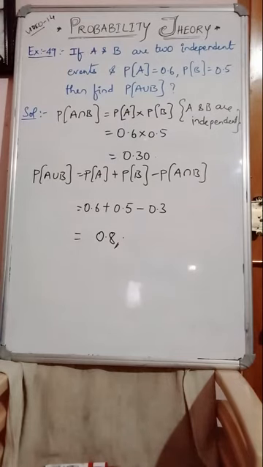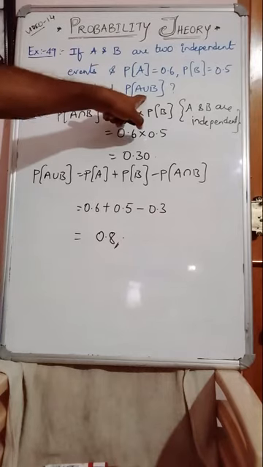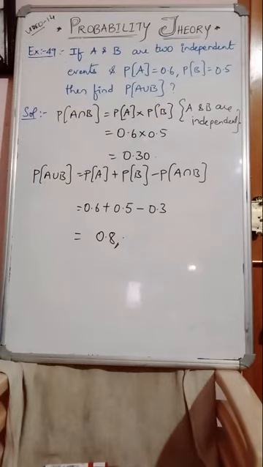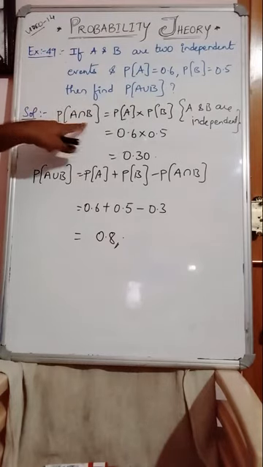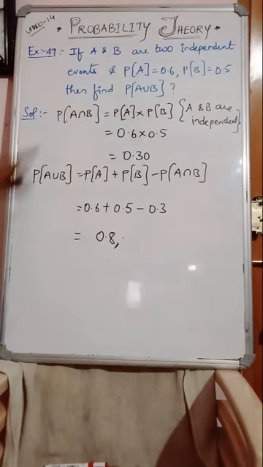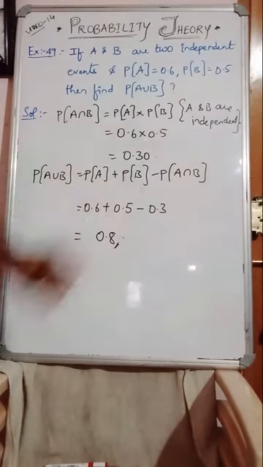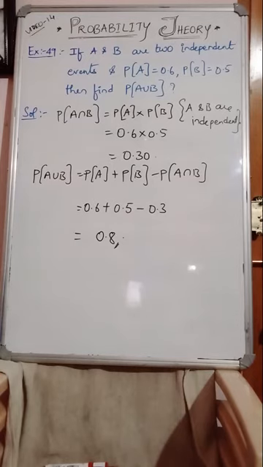Listen carefully. So A union B we need to calculate. At the same time they said that A and B are independent. So independent means first, in the independent case, you calculate A intersection B as P of A into P of B. Then A union B follows the non-mutually exclusive case. Write down that formula, substitute those values, you get the answer. Very simple question guys.